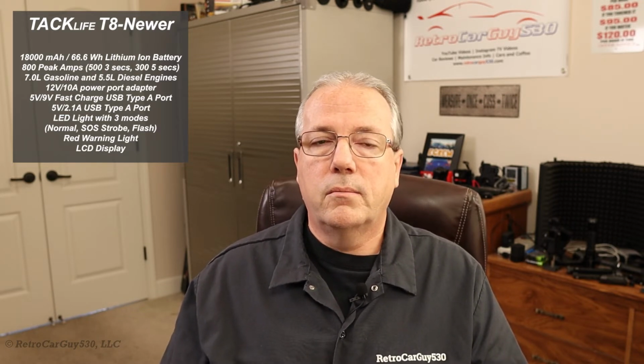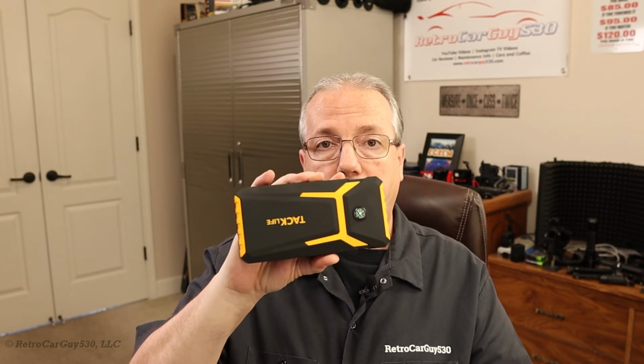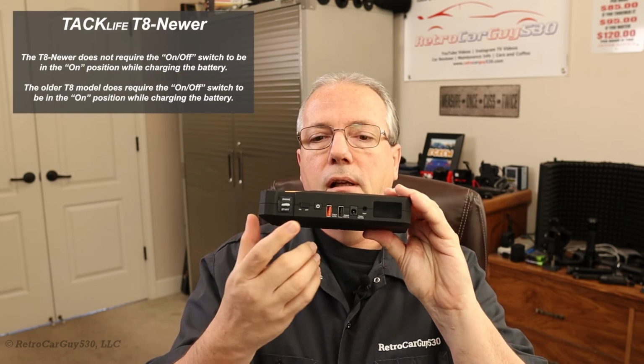It should jumpstart a vehicle, according to the manufacturer, that has up to a 7-liter gas engine or a 5.5-liter diesel engine. The case itself is nice in the hand. It has a rubberized case material here. It seems like it's not going to slip out of your hand easily. The unit is fairly lightweight overall,